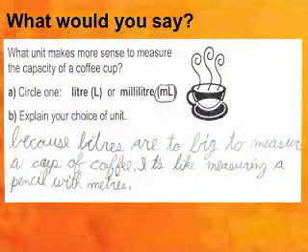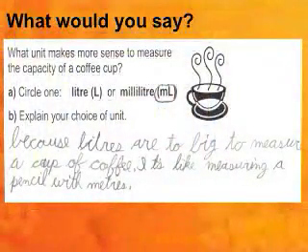Now, I wanted to show you one response I got, because I've been showing you responses that are problematic. I think one of the things we have to learn to do also is to respond to responses that are fabulous. And I'm going to show you one that I think is fabulous. We asked kids what unit they would use to measure the capacity of a coffee cup, and we gave them a choice of liters or milliliters, and that's one of the expectations that we would be interested in. And we asked them to explain why they did it, and we got a lot of really okay responses, but then we got this response which I thought was so much better than okay.